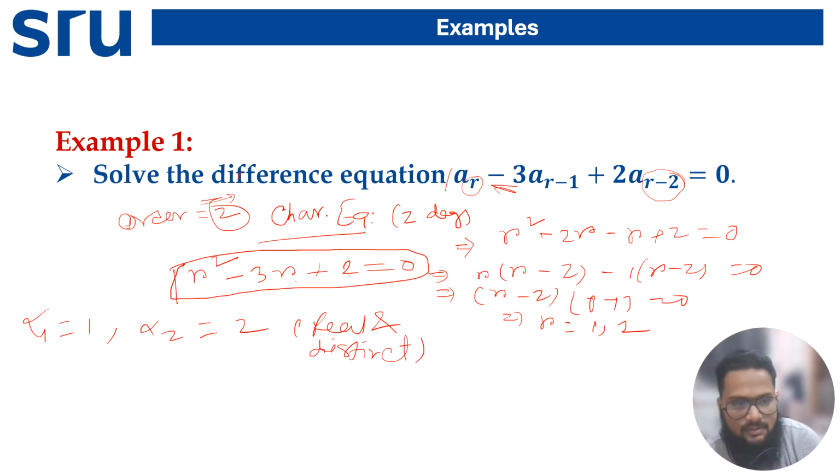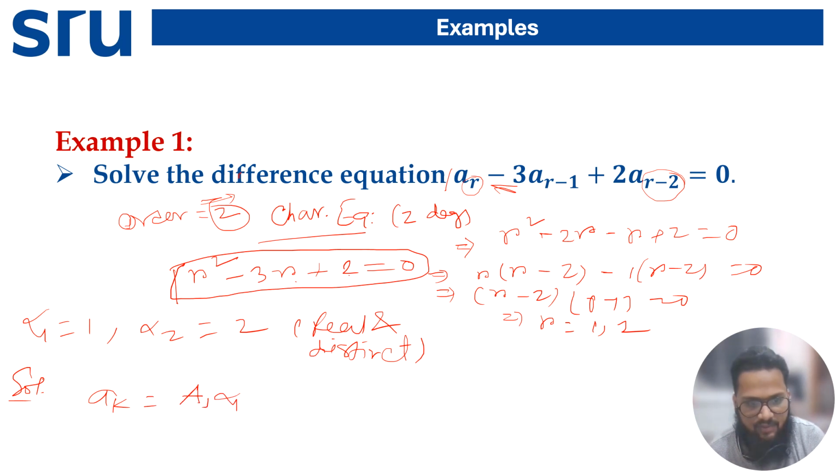So if both roots, or any roots, if it's a second degree equation then 2 roots, if a third degree equation then 3 roots, if all are real and distinct, then it is under case 1. Yes or no? So if it is case 1, what was the solution form? Here we can write the solution form in terms of a_k, because the equation is given in terms of a. So the solution form is a_k is nothing but, remember, first constant a1, you can say c1 also,